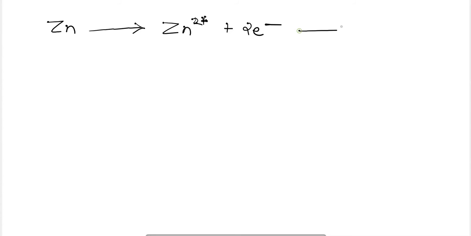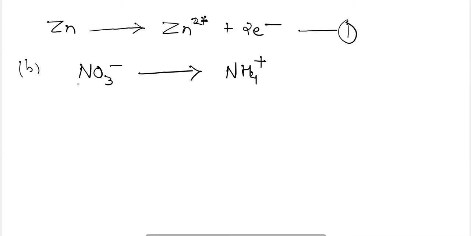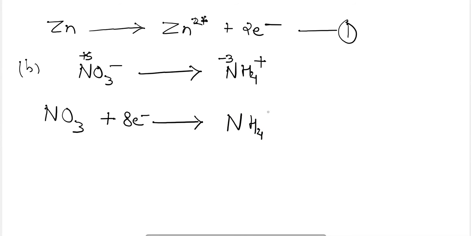And after this, we will see that the whole oxidation reaction is being balanced out here. Let's move to the next, that is the reduction reaction. So in the reduction reaction, NO3 minus and NH4 plus is there. So nitrogen is balanced here, and in order to balance the charges on the nitrogen, we know that here it is +5 and here it is -3. So from -3 to +5 means how many electrons will be required? 8 electrons will be added on the reactant side in order to balance the charges.